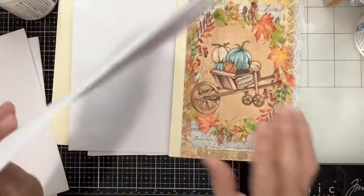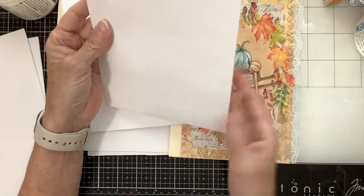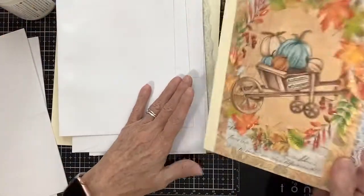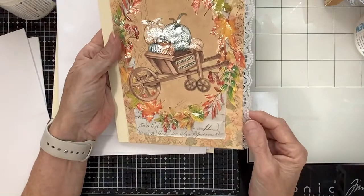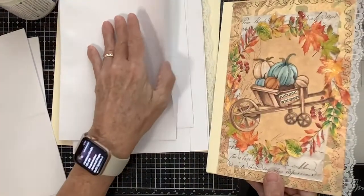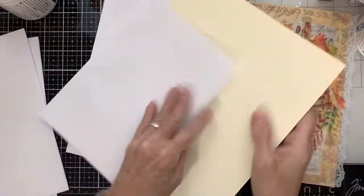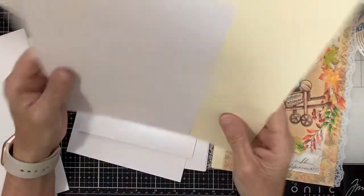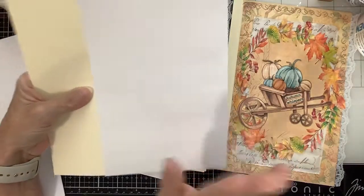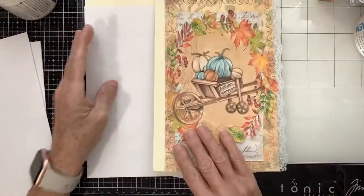As you can see, when you cut your envelope, you're going to have a pocket. And you can use those pockets for your journal, or you can close them up. For the front cover and the back cover, they're closed up because they have the lace. I put the lace in between the cover. So I have a piece of cardstock inside the cover. Then I put a piece of cardstock on the outside on here. Okay? And as you can see,